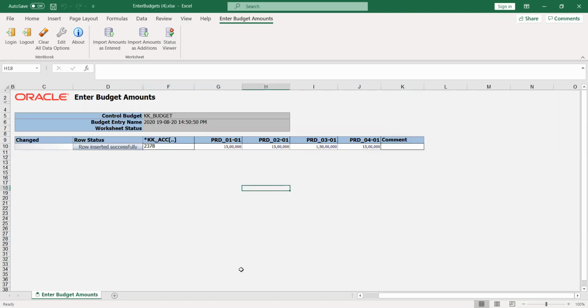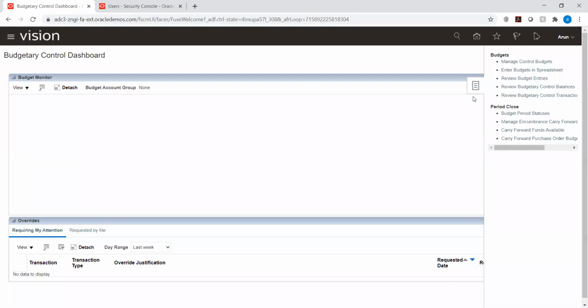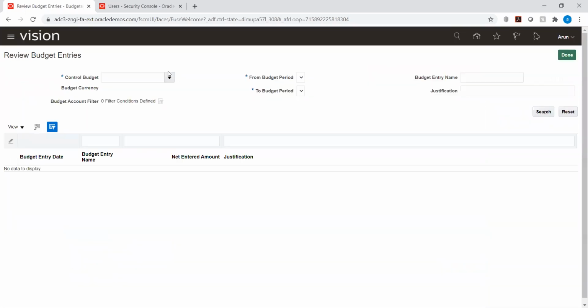Okay, this is processed. So maybe we can check in the application. Yes, the values have been loaded.